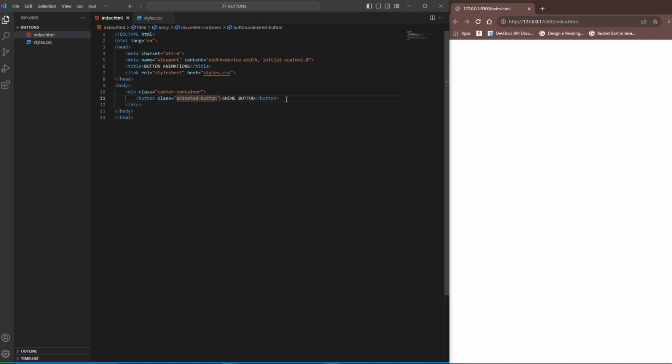Okay, similarly here will be bounce button, grow button. Okay,